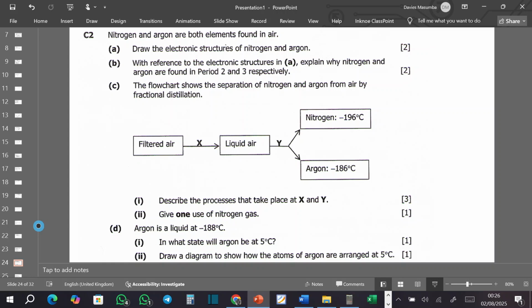Nitrogen and argon are both elements found in air. A. Draw the electronic structures of nitrogen and argon. B. With reference to